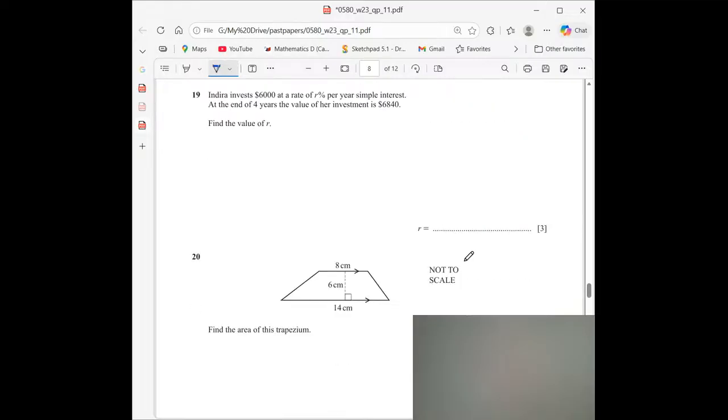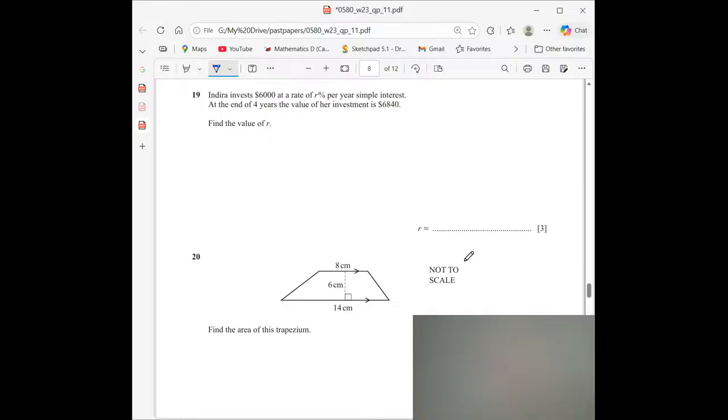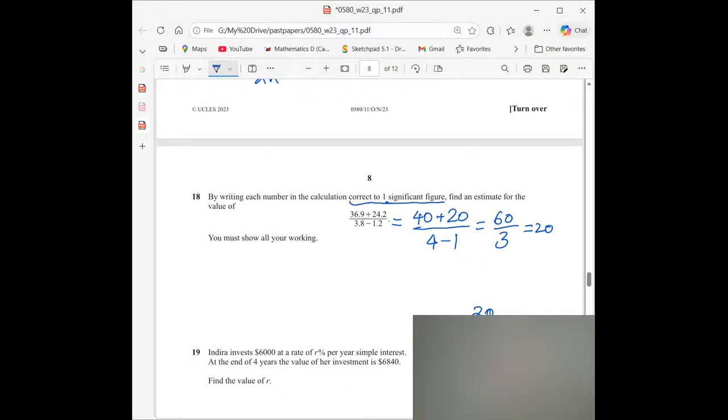Okay, next question. Look at this question. How we have done using the one significant figure concept. We have written that number correct to one significant figure, and then